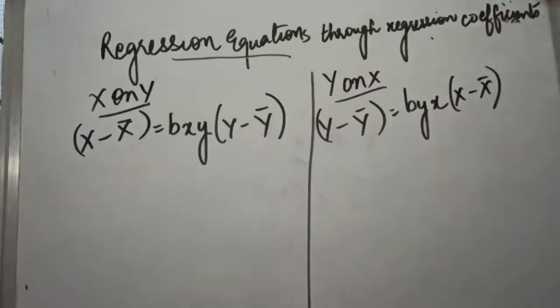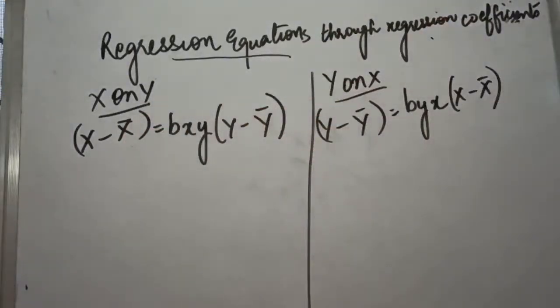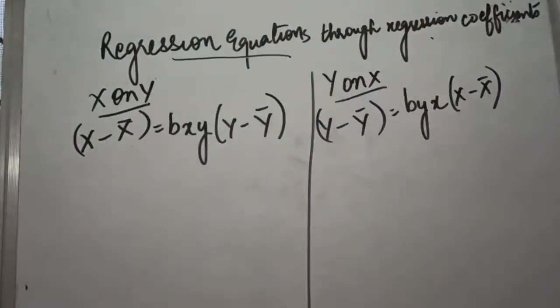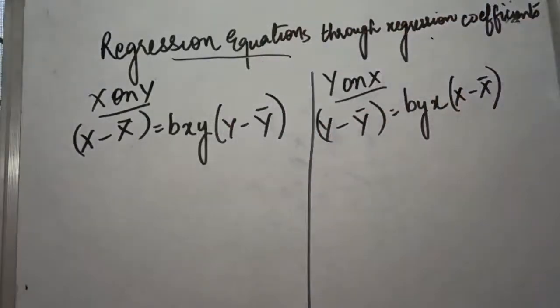So you all know how we can calculate x mean and y mean in the individual series. X and y will be written like this only, as you have seen in the case of the equations method also, x and y were as they are. So how to calculate this bxy and byx? These are two regression coefficients which are very crucial in the calculation of these regression equations.